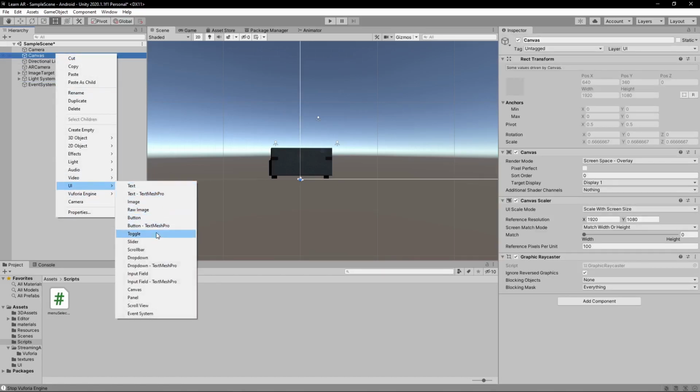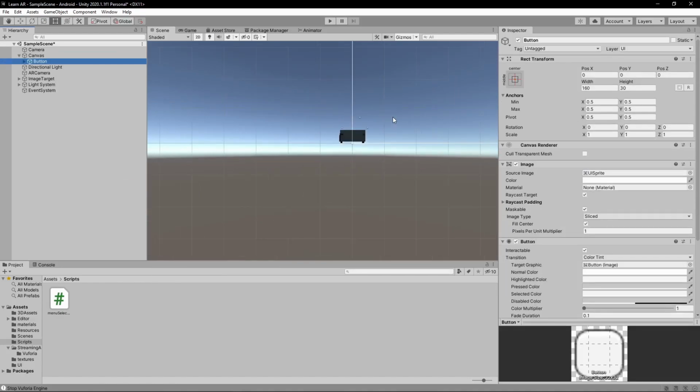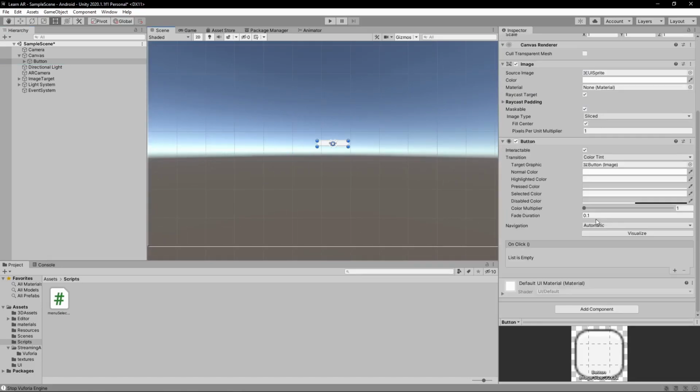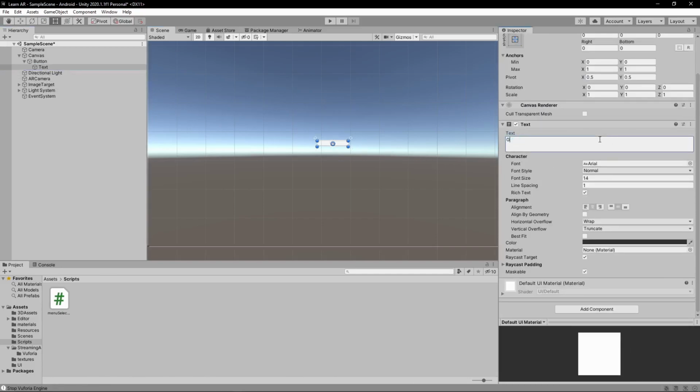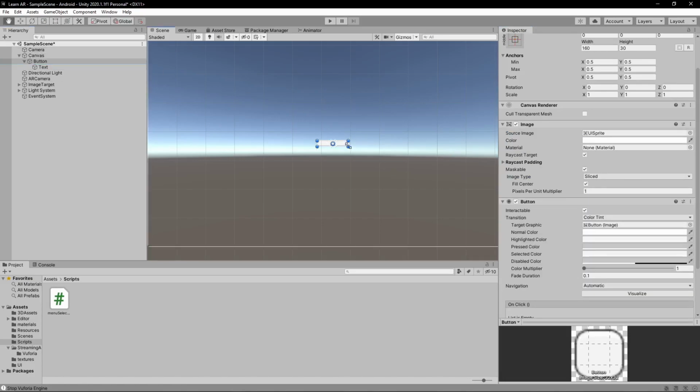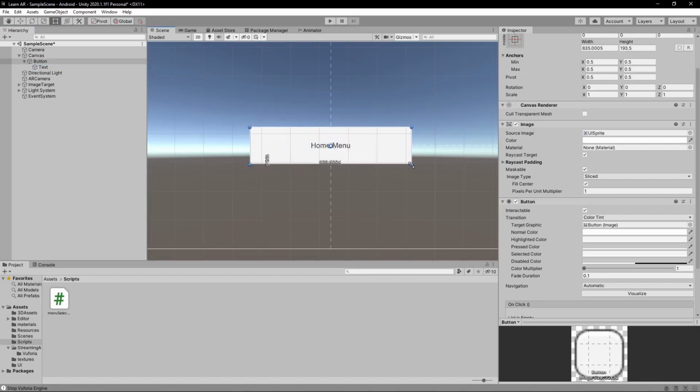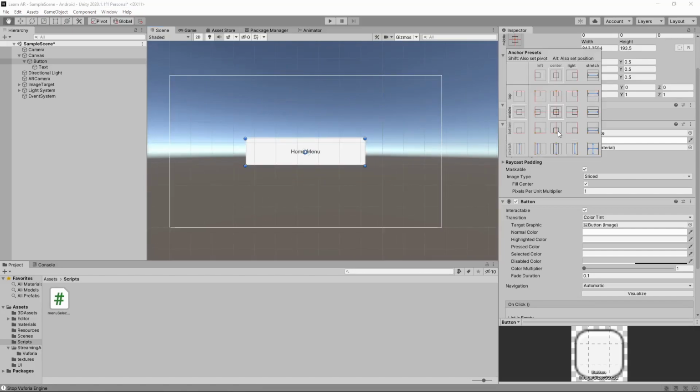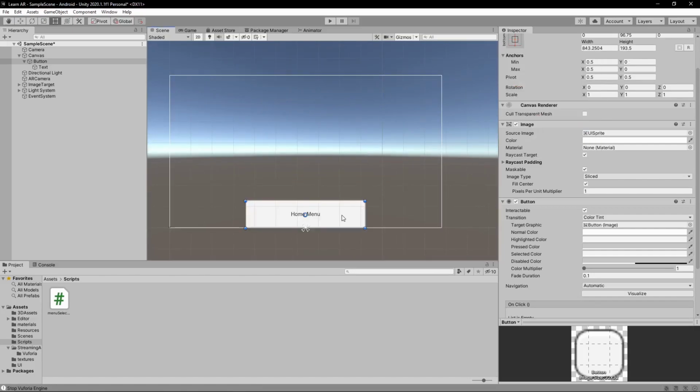Then we are going to put a button that says go back to home, preview, home menu, change the size. Click Control and Alt, and then we're going to anchor it on here, just a little bit off,